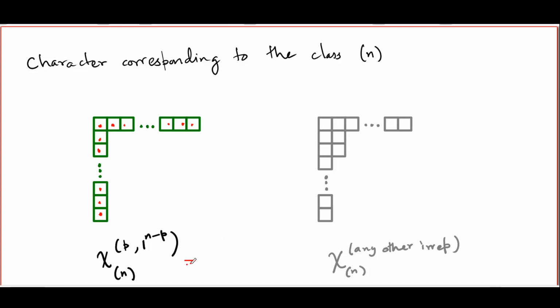So the character here is simply minus 1 to the power n minus p. So for all such irreps, the irreps corresponding to partitions like this, namely 2, 1 to the n minus 2, 3, 1 to the n minus 3, in fact even 1 to the n,